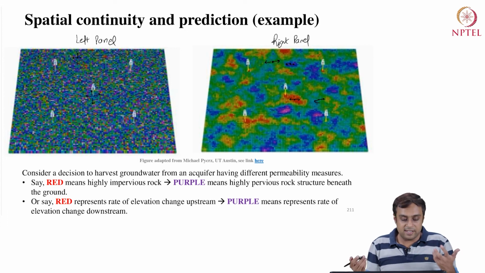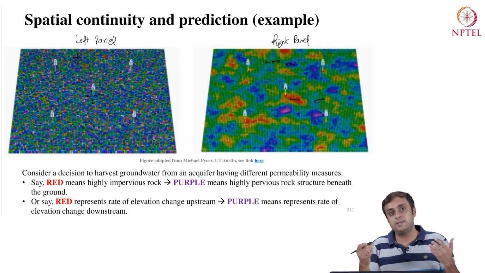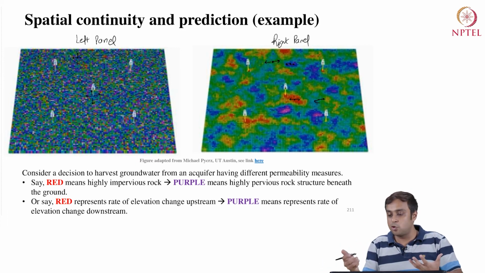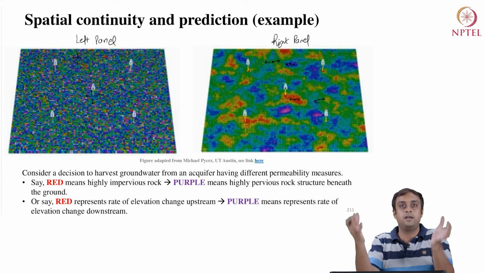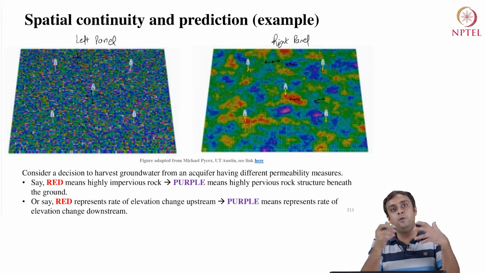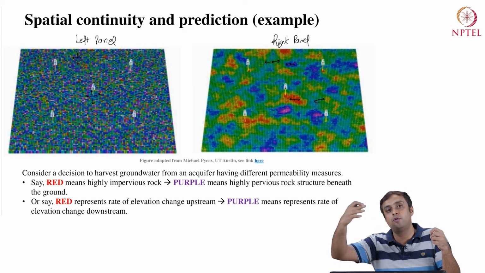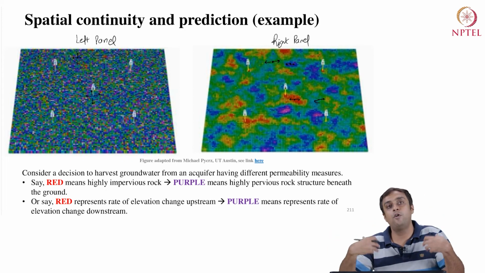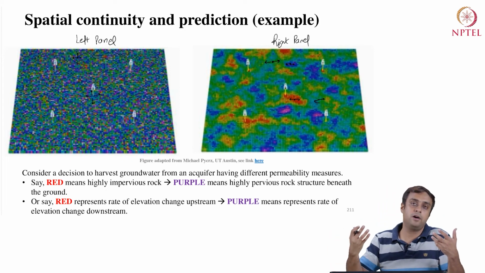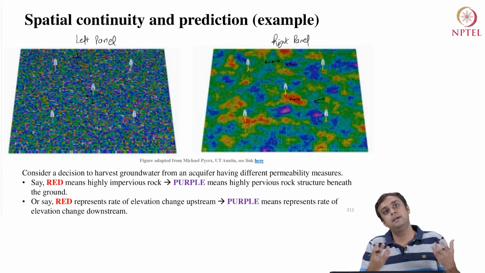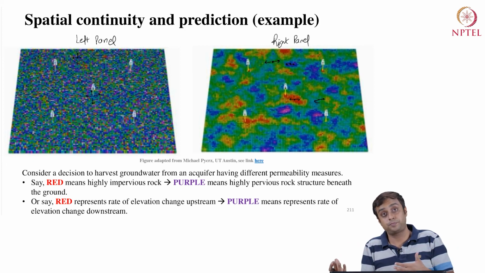The colors on the right hand side, you can think of them as providing a gradient from permeability to non-permeability, right? So reds could be highly non-porous rocks, like tubs where water doesn't move around laterally. And moving from red to yellows to greens to blues, we are moving towards more porous structures. Now, if we want to understand where we should draw groundwater from, or where the depletion could be a much bigger problem, such an understanding of the structure beneath the surface will be very, very useful.